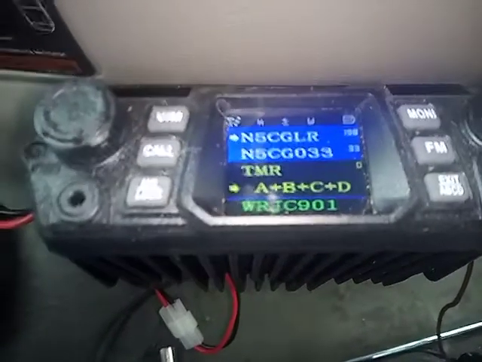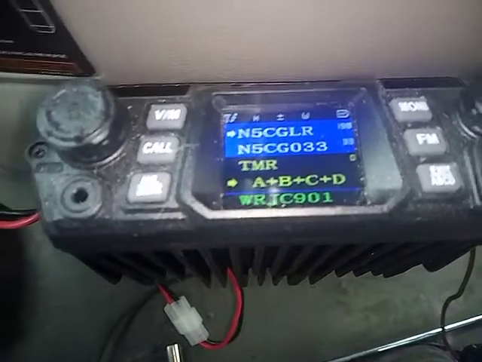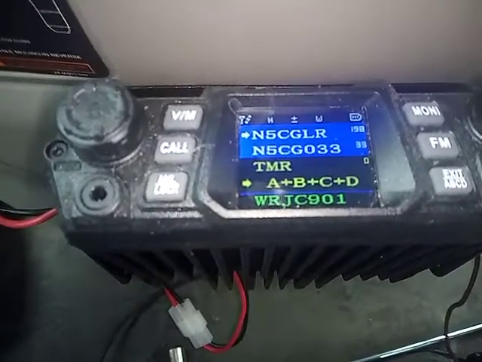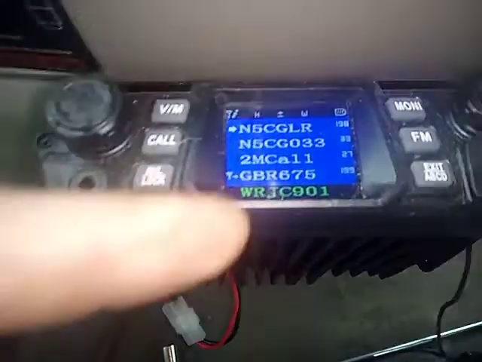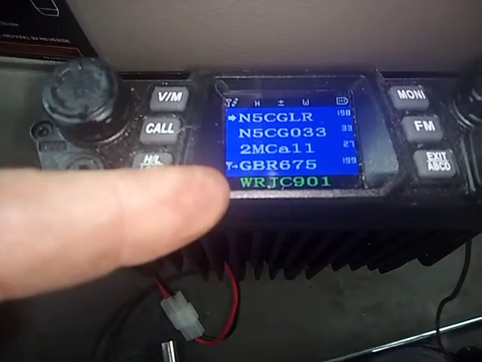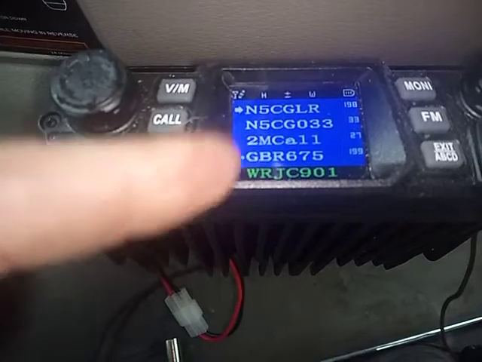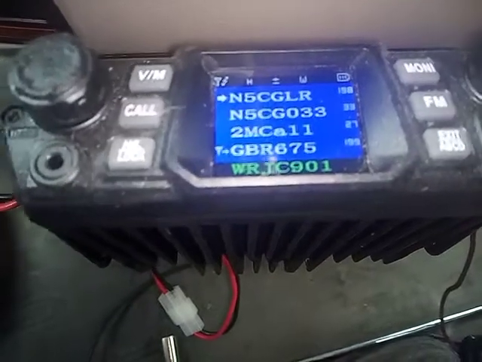It's one gripe I do have with this radio: it doesn't always go back to the manual channel after you're monitoring. Say you receive a signal down here on this one, and it'll go back up there. Or it won't. Sometimes it won't go back up there. Anyway,